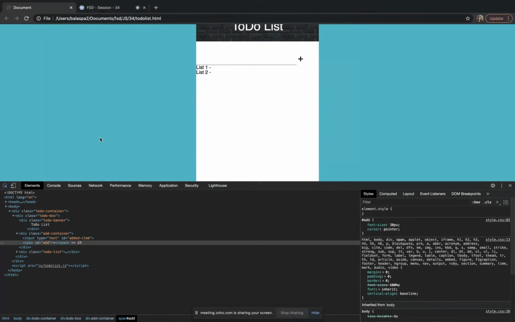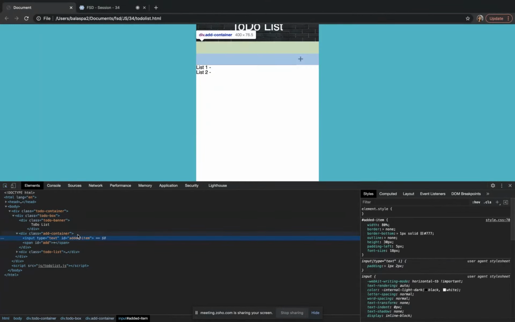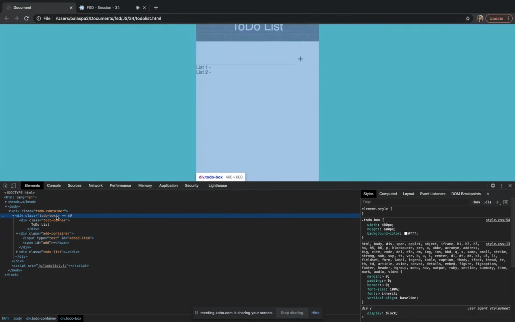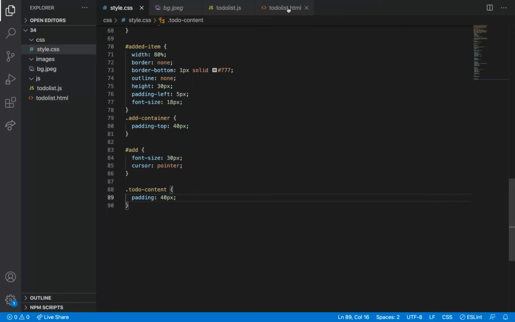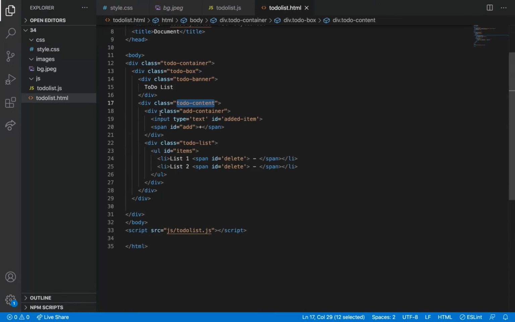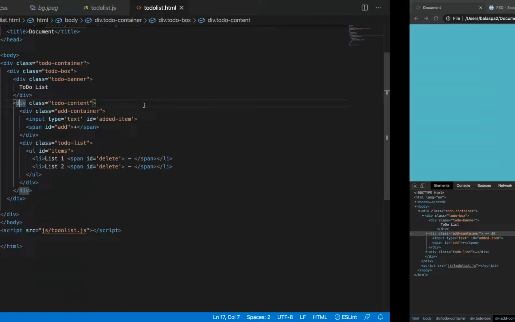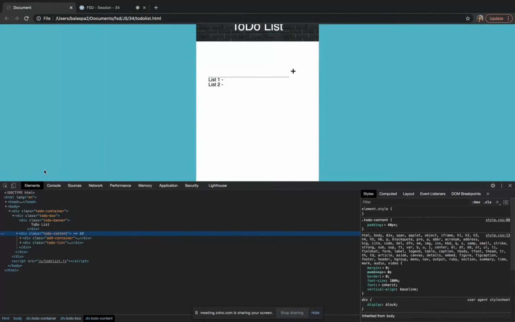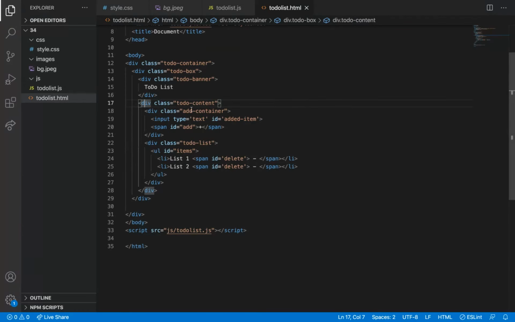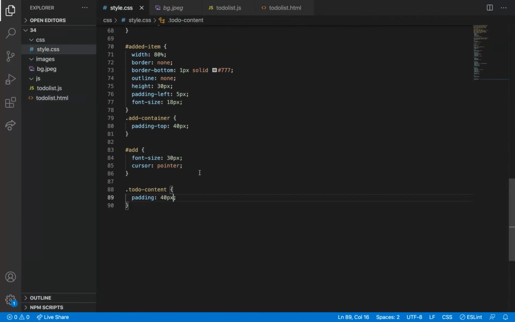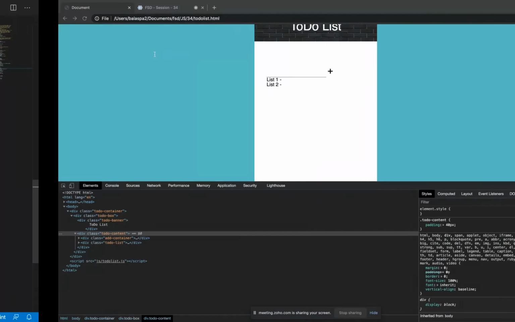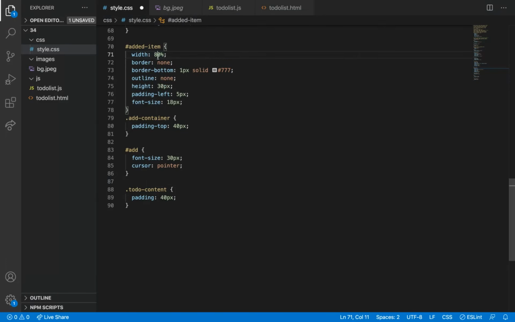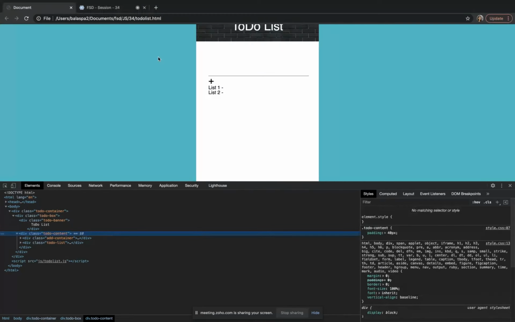Okay, to-do content I have added. So I have added some padding. Now I'm going to remove this width of 100%.